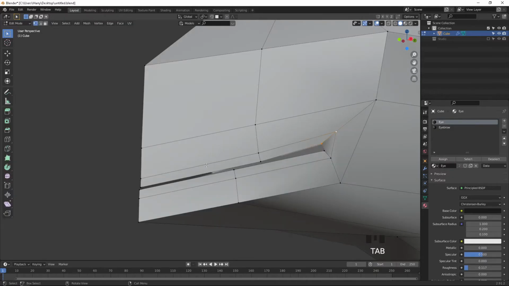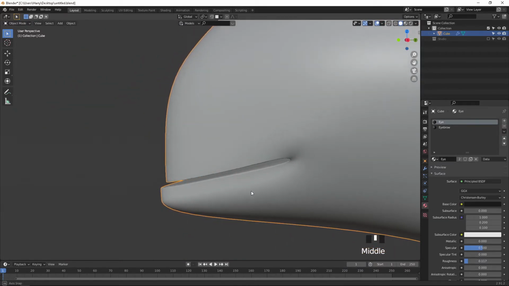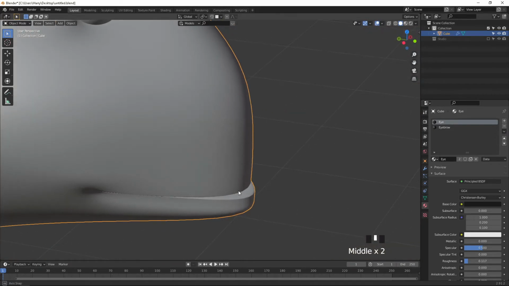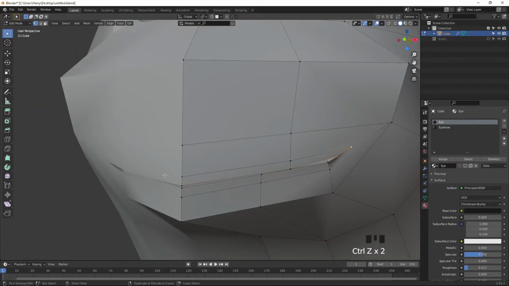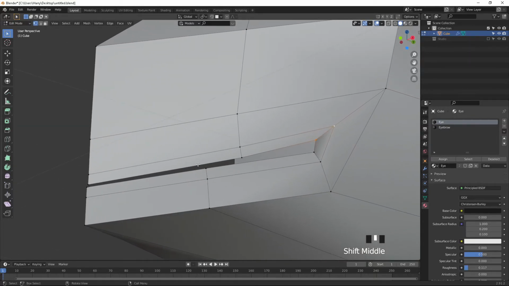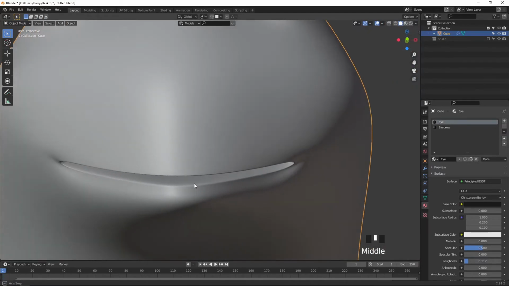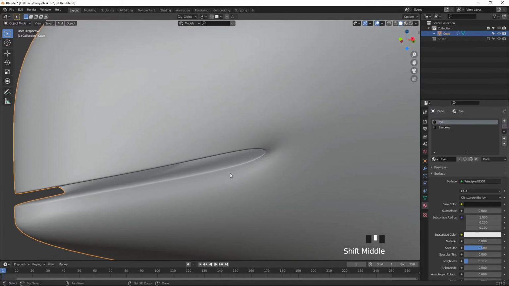Still it's not closed I feel, so I am going to make one edge loop here for the corner and move it towards like this. But it looks like a different thing. So what I'm going to do is, let me create one edge loop, and leave it the same. Yeah, almost fine here.